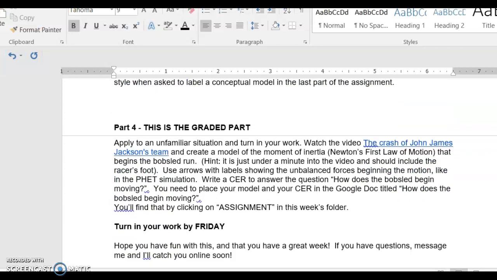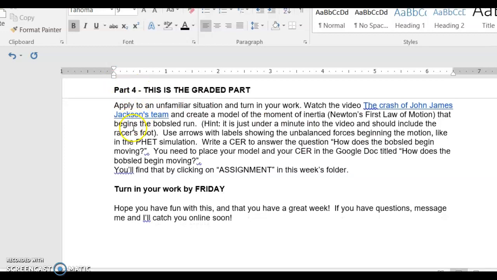Then we're to part 4. This is the graded part. Follow the directions. You're going to apply an unfamiliar situation. You're going to actually watch this video, The Crash of John James, and then about a minute in, create a model of what you see. Just under a minute into the video, you should include the racer's foot. That's where you want to watch what's going on with Newton's laws. Use arrows and labels showing the unbalanced forces beginning the motion. Your CER, you're going to answer the question, how does the bobsled begin to move? For the CER assignment,